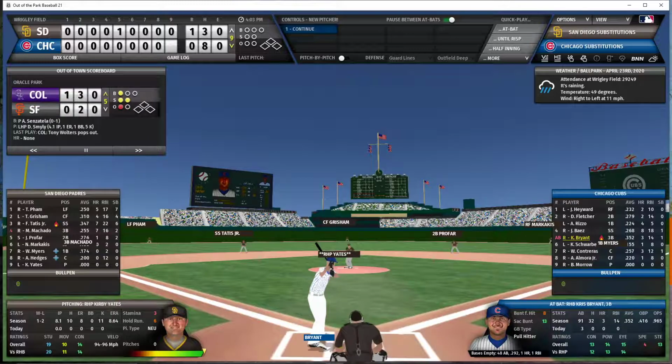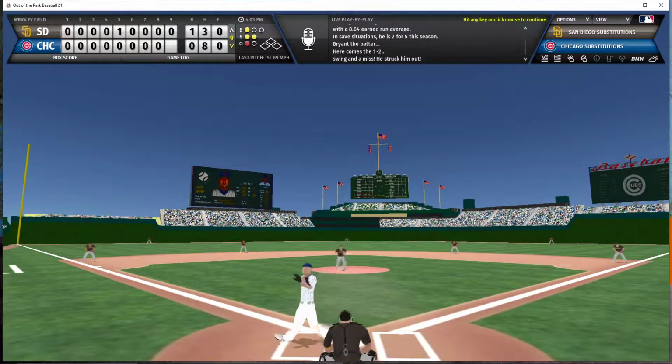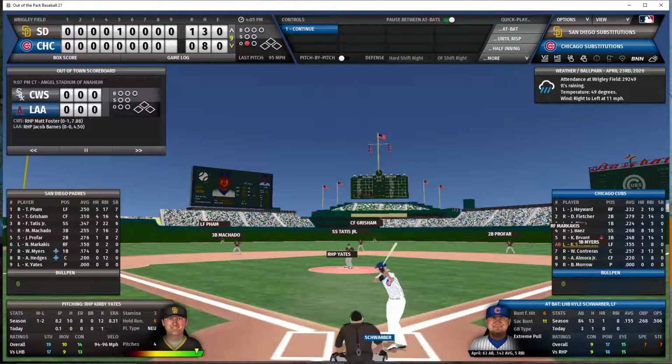Yates is going to pitch to Bryant to lead off the bottom of the ninth. 1-2 count. Yates looks in. Here's the pitch to Bryant. Bryant strikes out swinging. Imagine that. That's what Yates seems to do. He records lots of strikeouts. And now, the strikeout king himself, Kyle Schwarber,